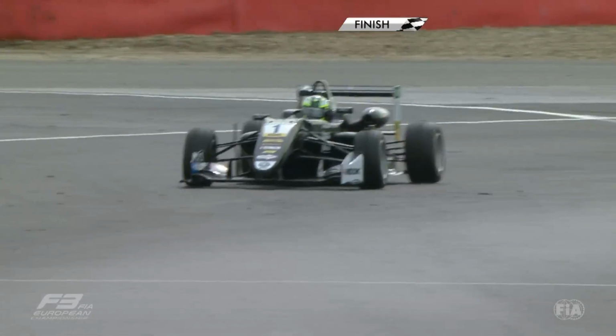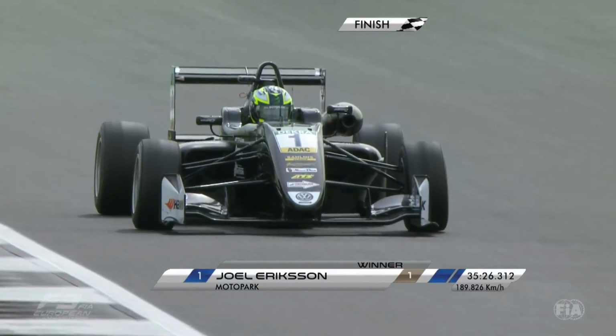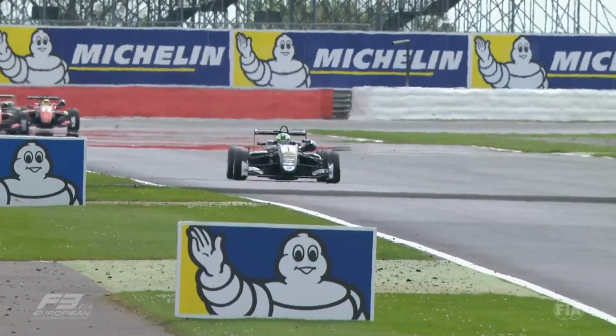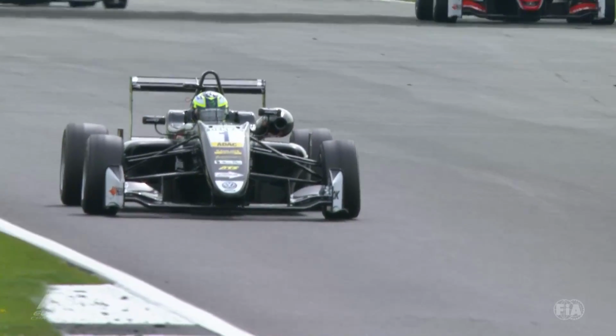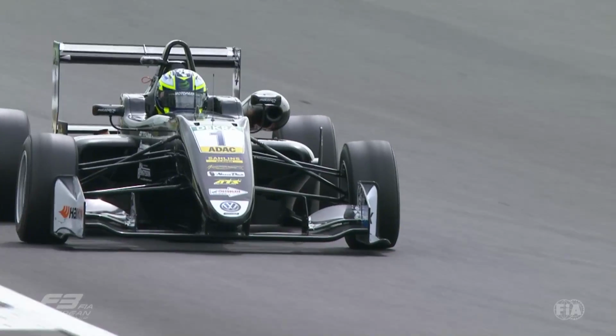Lando Norris, a frustrating race for him in many ways after that poor start. He was on the front row of the grid. He dropped to, I think it was 7th off the line, and started to fight his way back up. Looked like he might get in the top 6 at one point, having been stuck behind Joey Mawson for a long time. But then he dropped off the boil again towards the end of the race. So Lando Norris 9th. Harrison Newey, with another strong drive through the field, picks up the final point in 10th place,